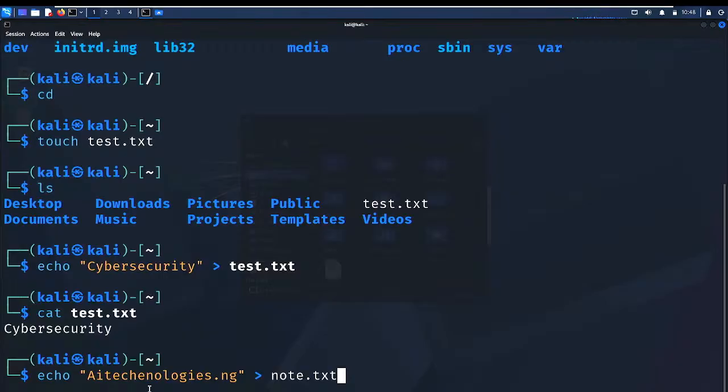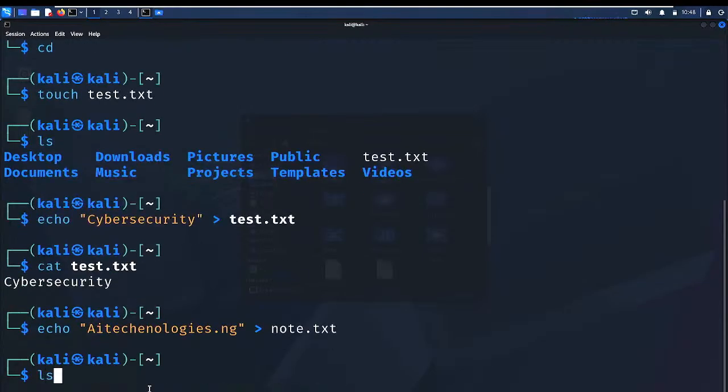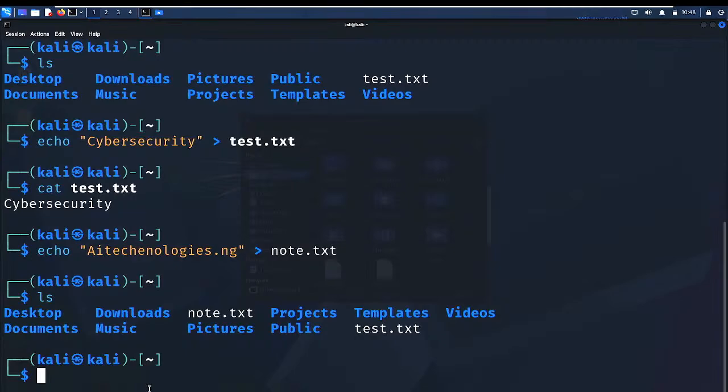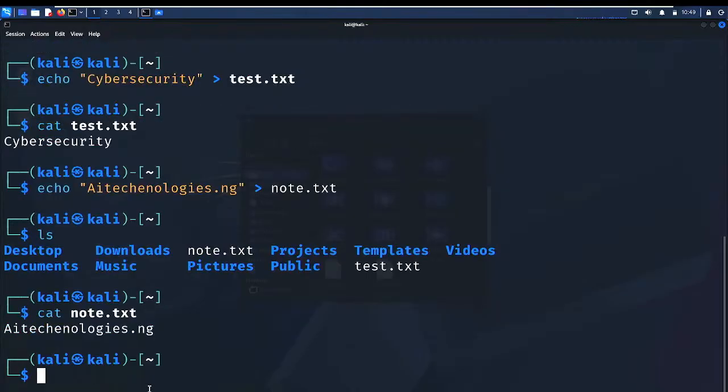Just like we have extensions for pictures, you have JPEG, PNG, and so on. So when it's a text file, that's .txt, right? So enter. If I list it now, you see the file I created is there. So to view content in that file, I'll do cat notes.txt. This is it. Is it clear? That's for echo.